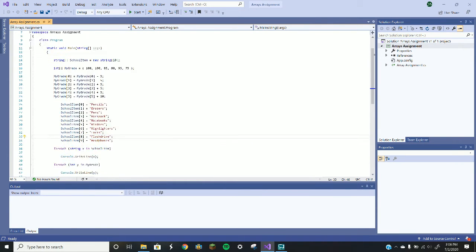Okay, welcome back. So, for my second assignment, I had to create an array assignment. Now, you're probably wondering, didn't you already do an array? Yes, but this assignment is here to go into further detail about what an array is. And like I said before, an array, at least my understanding of it, is basically